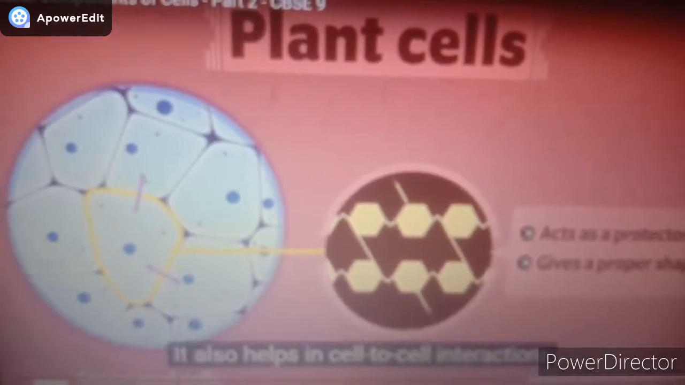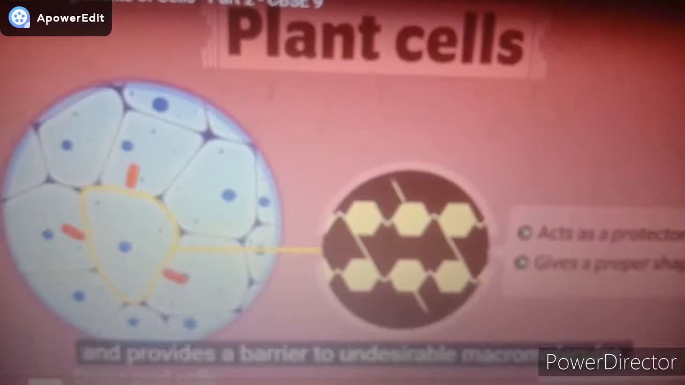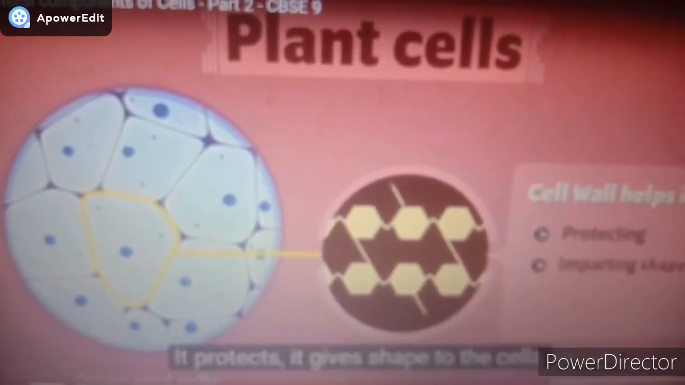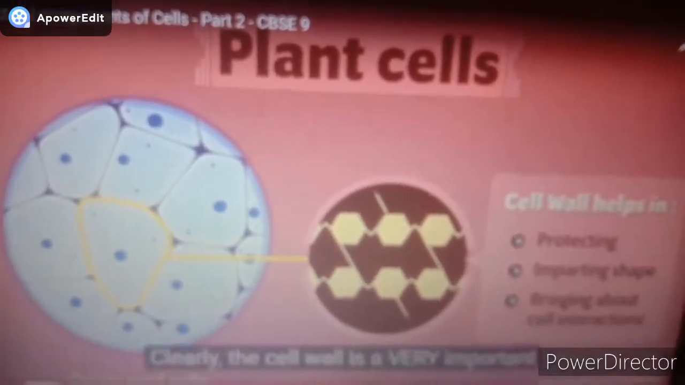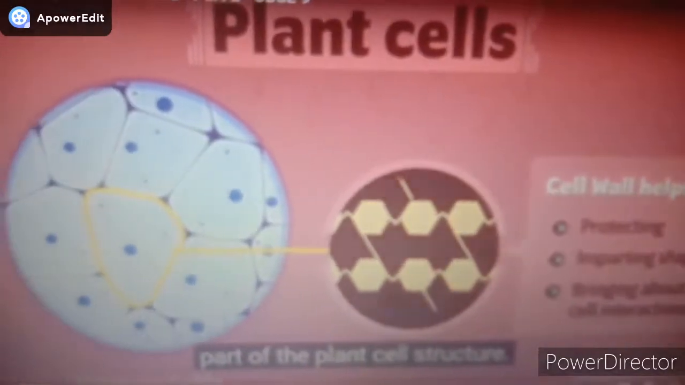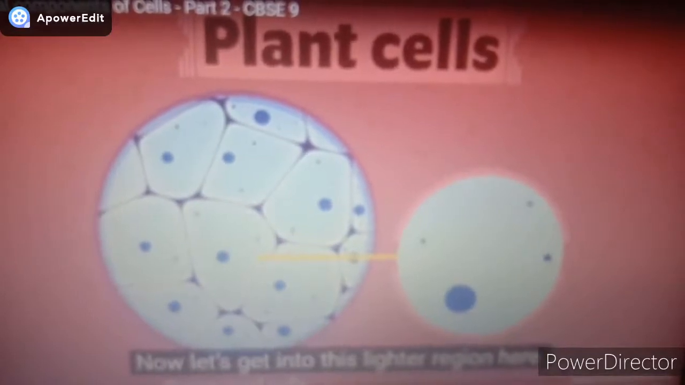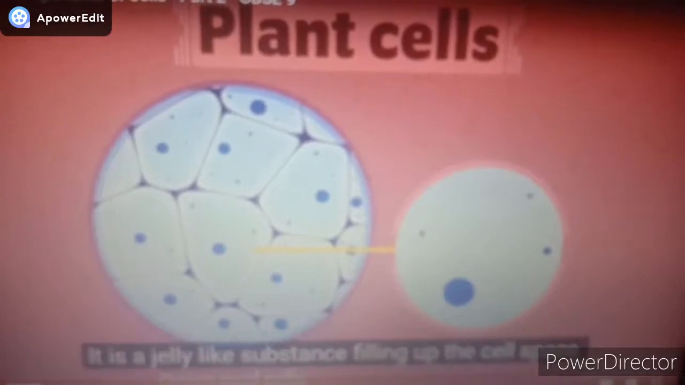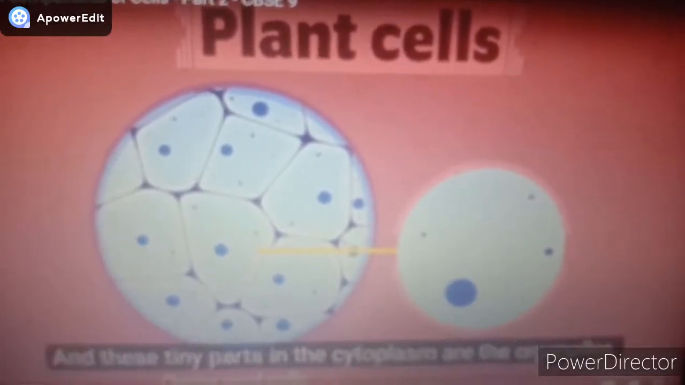It also helps in cell to cell interaction and provides a barrier. It protects, gives shape to the cell, and also helps cell to cell interaction. So it is a very important part of the cell structure. Now let's go to a lighter region here. This lighter region is called cytoplasm. It is a jelly-like substance filling the cell content,